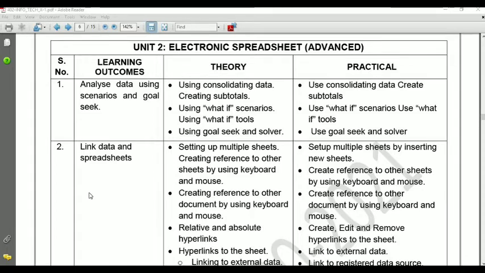CALS is a second tool of OpenOffice suite. First tool we have discussed already, that is called OpenOffice Writer. Now this is the second tool. In this tool, we will discuss some practical portion of this learning outcome, that is called analysis data using scenarios